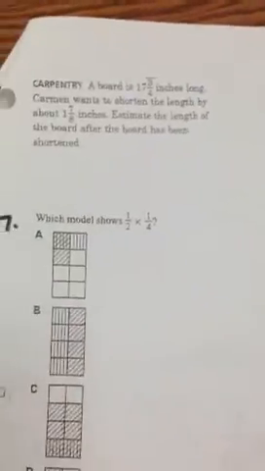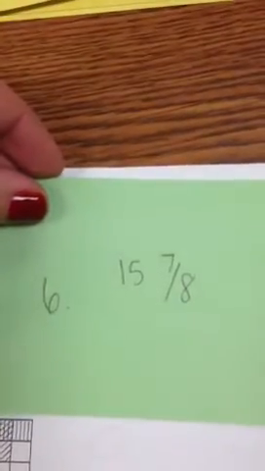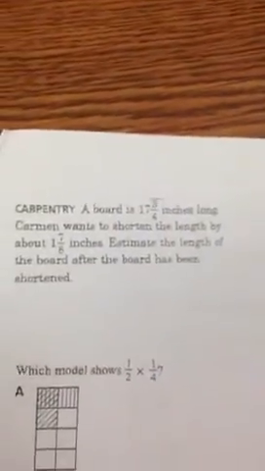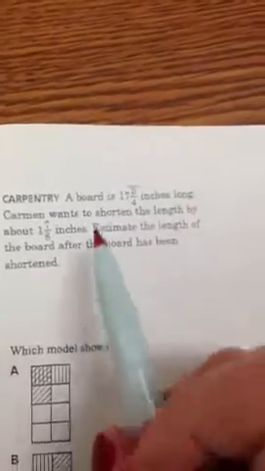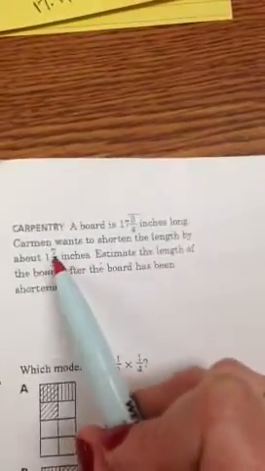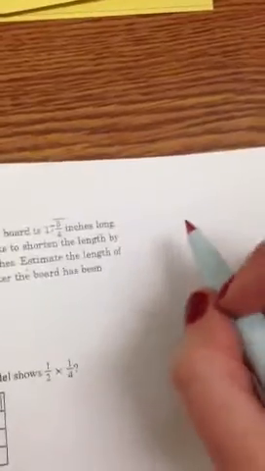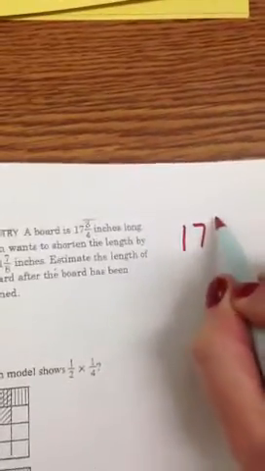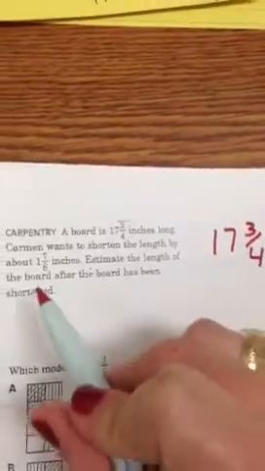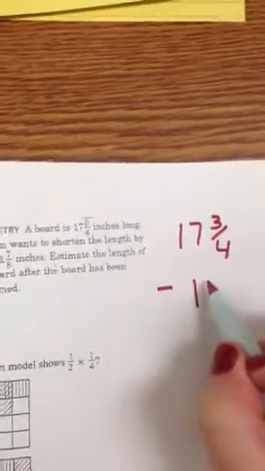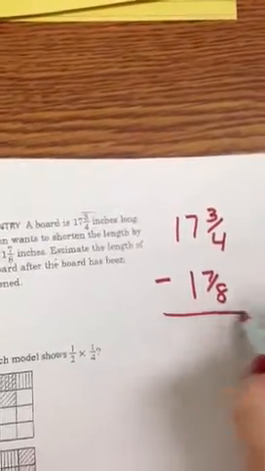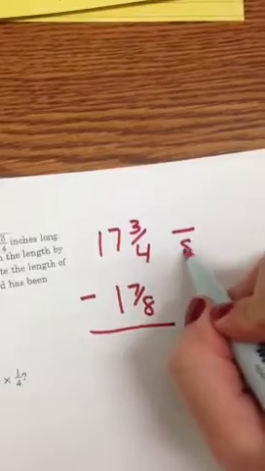Problem 6. The answer to problem 6 is 15 and 7/8. Okay, so you are going to shorten your board by 1 and 7/8. So I'm going to take 17 and 3/4 and shorten it or subtract it by 1 and 7/8. I'm going to convert this to eighths,